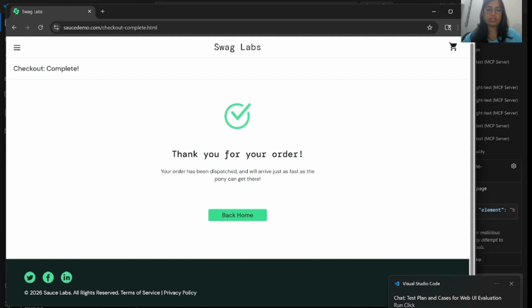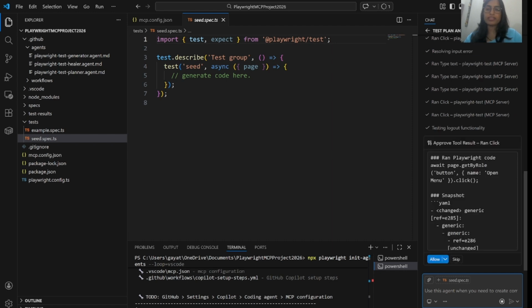So see here, it is exploring this particular web application and writing the test cases.